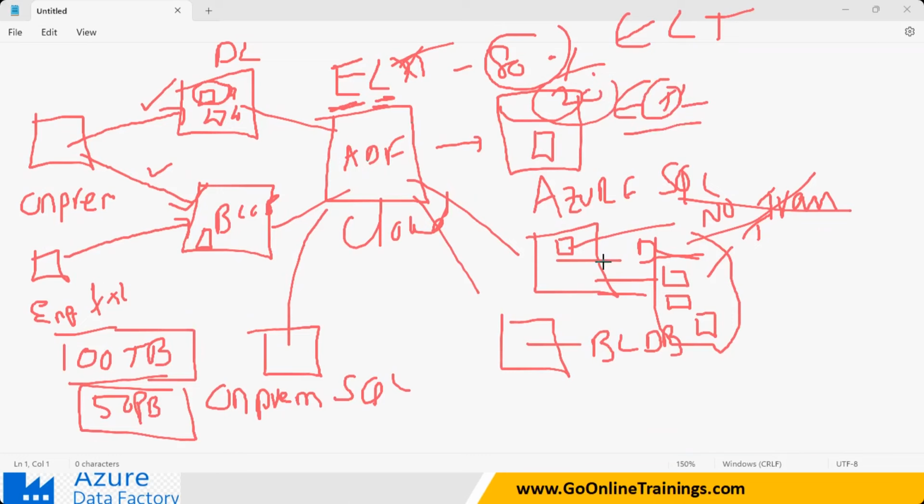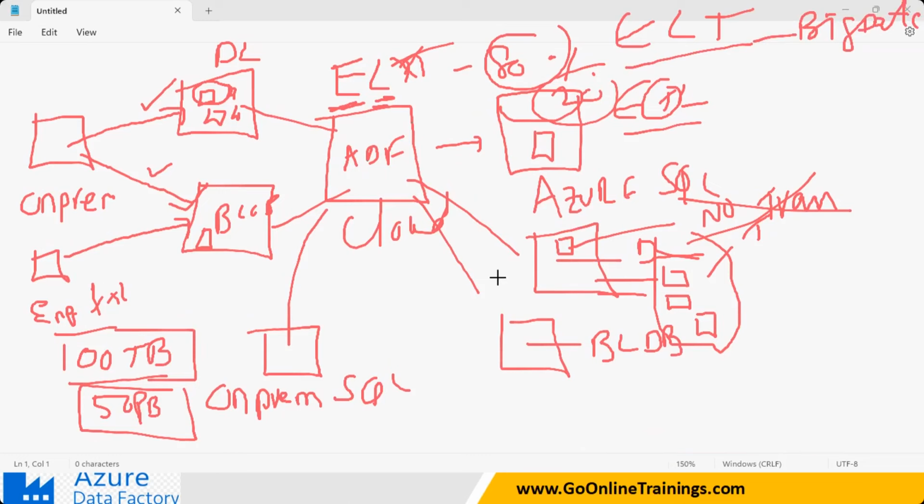So with Azure Data Factory, most of the time I'm simply lifting and shifting the data, lifting and moving the data. I don't do the transformations. Clear? So that is what is called ELT. ELT is going to be done on big data.